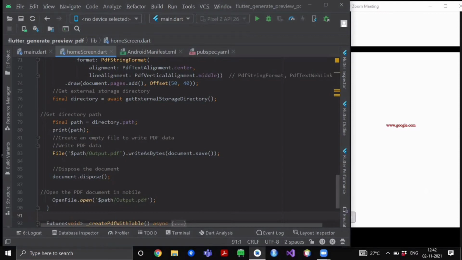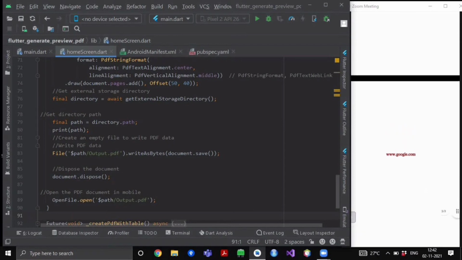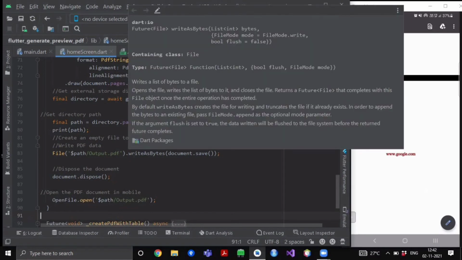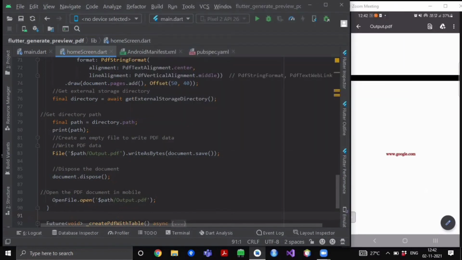So what we will do, we will create one file object and inside its argument we will pass our external storage directory path and a slash, and we will give this PDF some name, which we have given as output.pdf, as you can see over here, and we will write this complete document as bytes. So we will call the writeAsBytes method, and here we will pass our document.save method. This document.save method will convert your document into bytes.